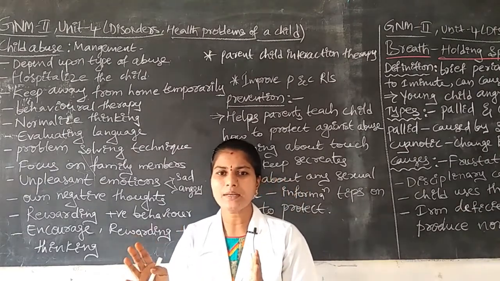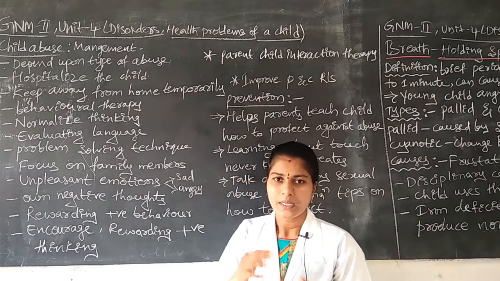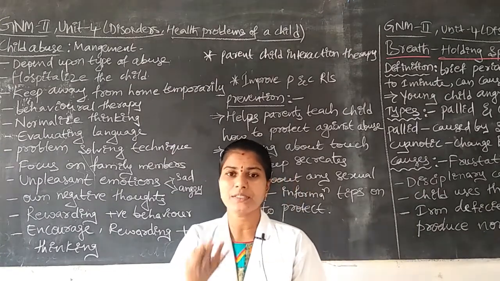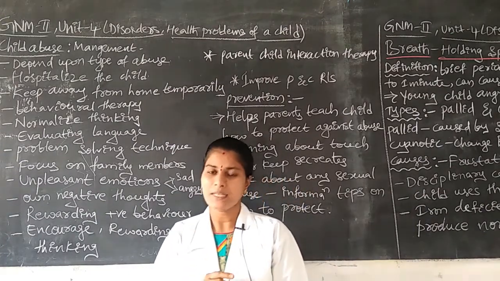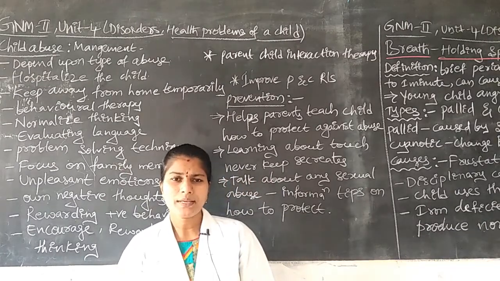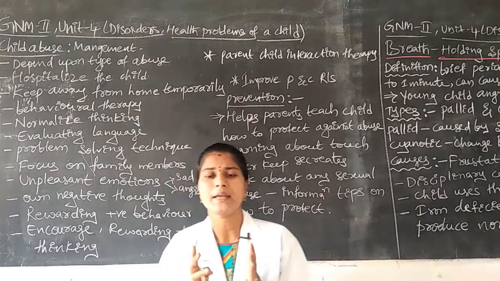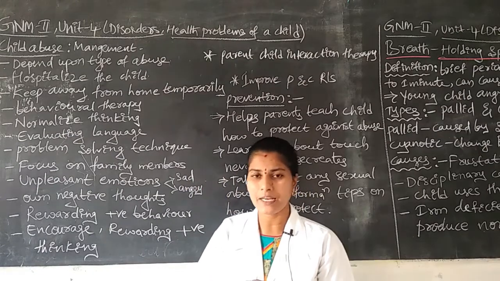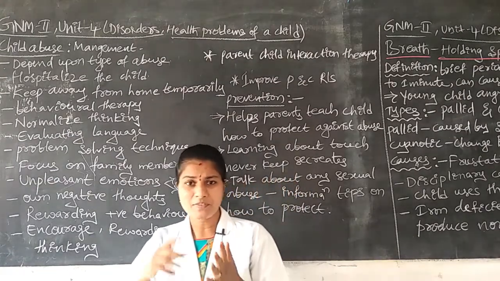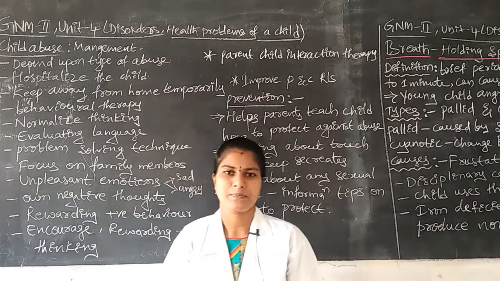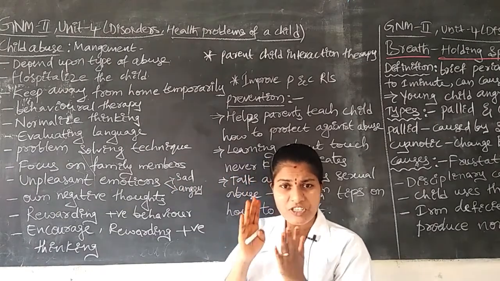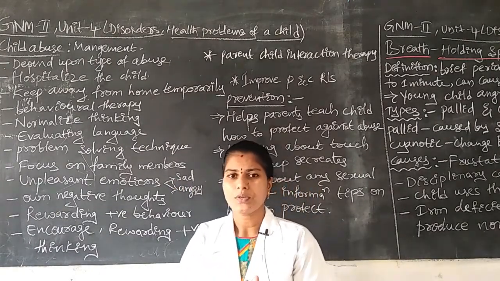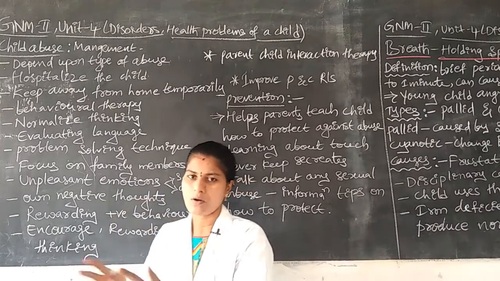This mother does not provide any care or loving affection to that particular child. At that time the family member can cause some type of physical abuse or child abuse in the children. In that situation we have to separate the child from the home